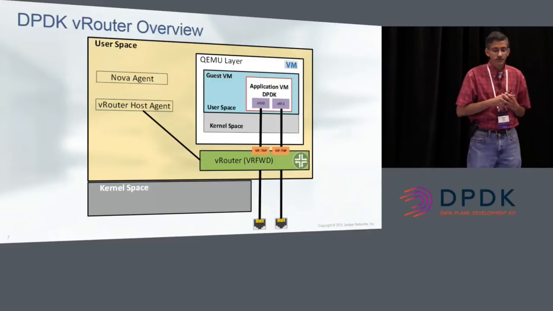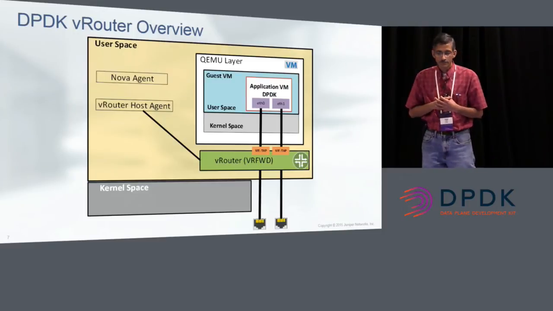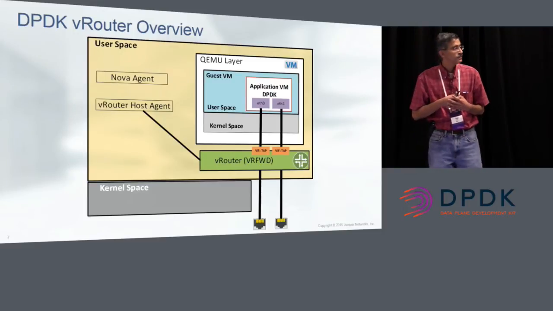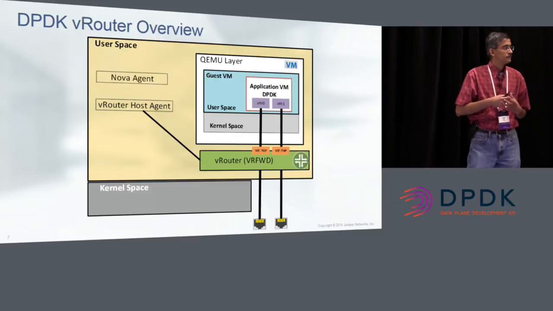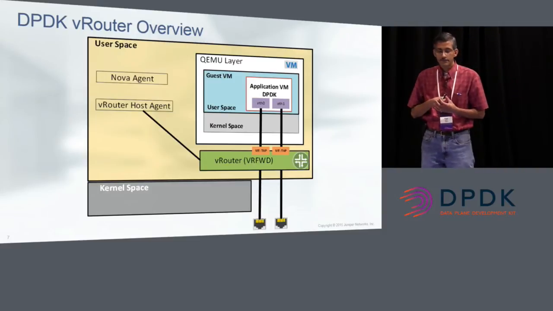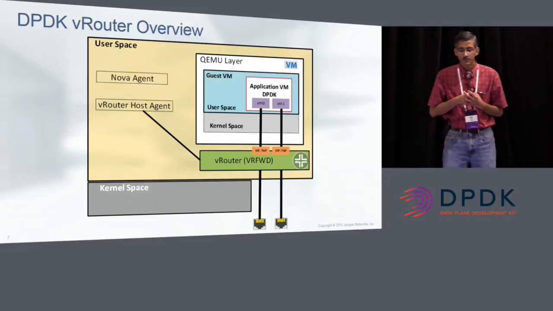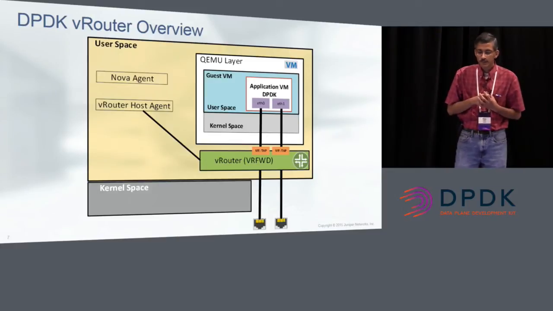So this is the same picture, but with vRouter now integrated with DPDK. So we still have a user space agent which interacts with vRouter to program the forwarding state. Whereas previously we used netlink system calls to do that, we now have a TCP connection from the agent to the vRouter process. It's now a process in user space, and that process integrates with the DPDK library. And we still have the Nova agent, and that part doesn't change.